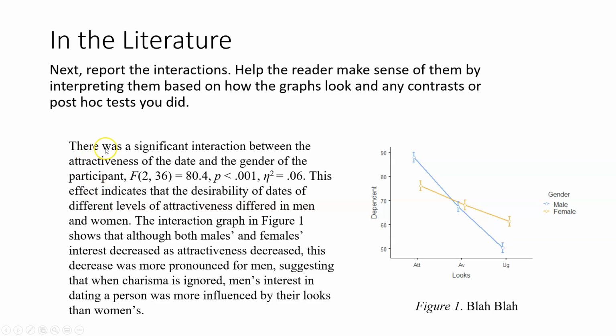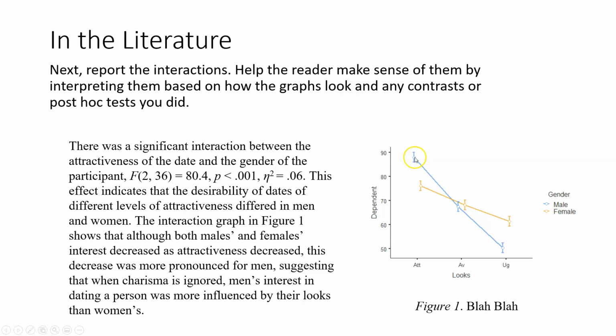So we would say something like, there was a significant interaction between the attractiveness of the date and the gender of the participant. And then you list that ANOVA output with its p-value and its eta squared, and then you would try to interpret it a little bit by saying something like, this effect indicates that the desirability of dates of different levels of attractiveness differed in men and women. The interaction graph in figure 1, and we would have figure 1 listed here with some note about it, blah, blah, blah, shows that although both males' and females' interest decreased as attractiveness decreased,